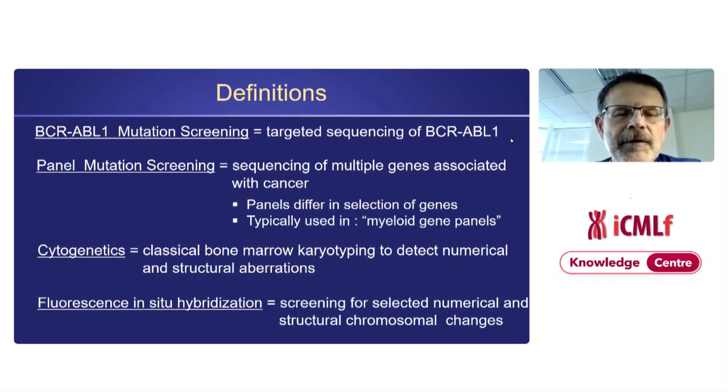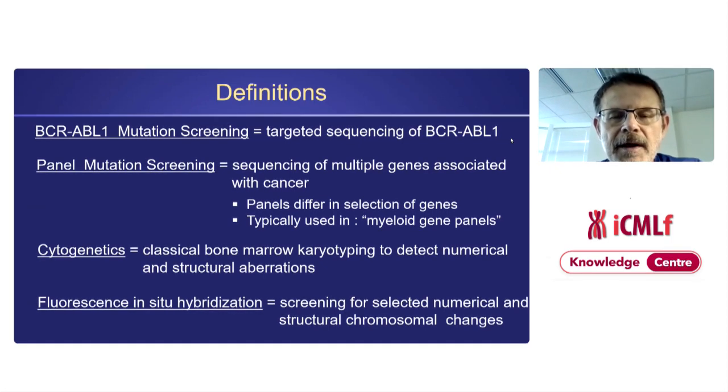If we talk about panel mutation screening, then typically this means the sequencing of multiple genes associated with cancer, or in the context of CML, typically associated with myeloid malignancies. Importantly, these panels differ in the selection of genes. Some are more comprehensive, some are less comprehensive. So it really depends on how extensive the panel is, how comprehensive the information is that you can